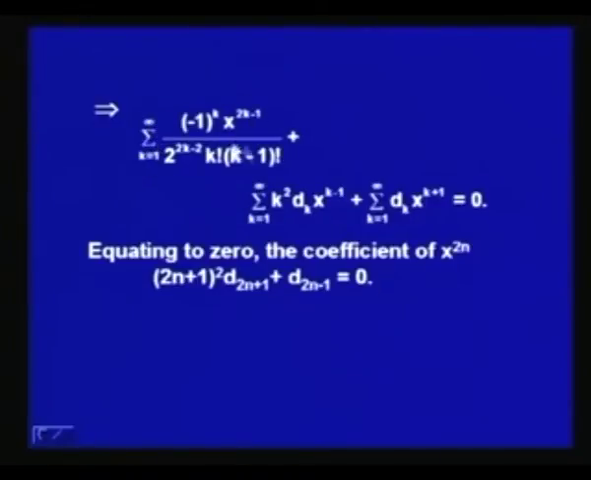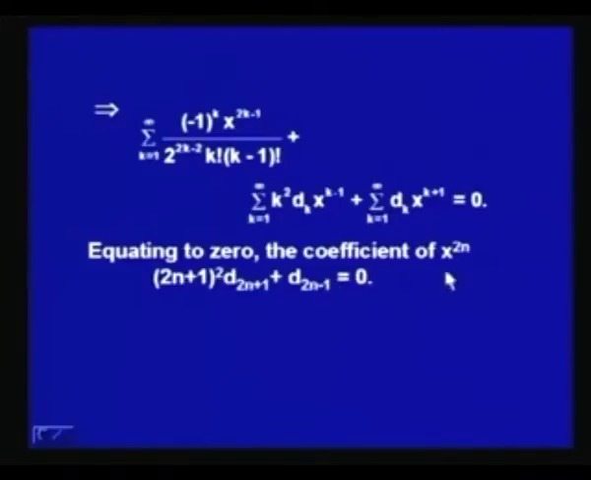So only odd powers of x are occurring here, while here the power of x begins with 0, k equal to 1, and here the powers of x begin with 2. So when we equate to 0, we will first equate to 0 the coefficients of